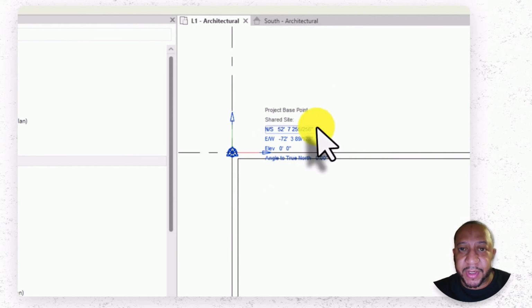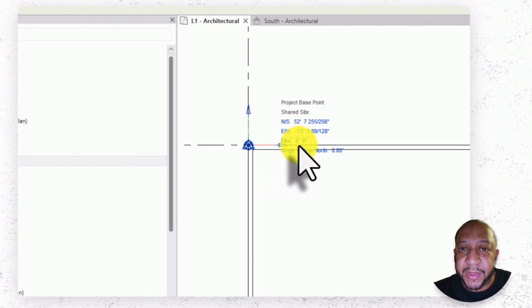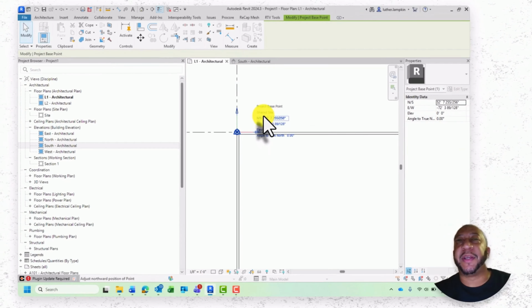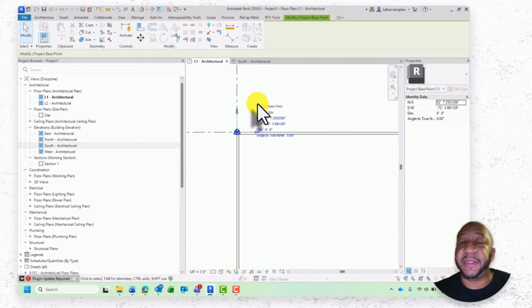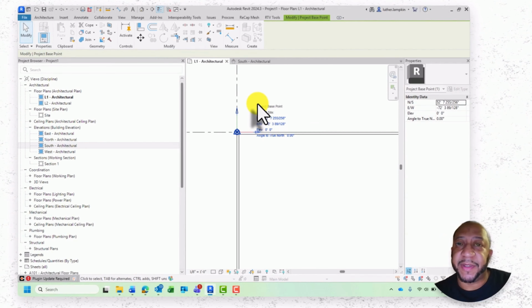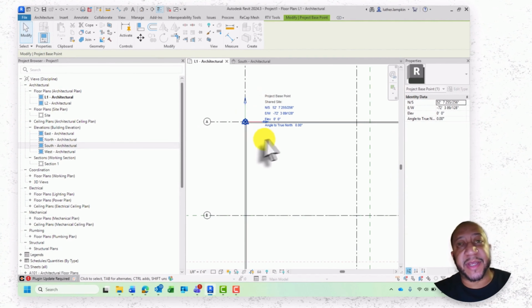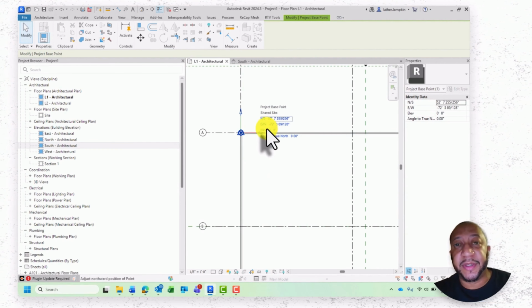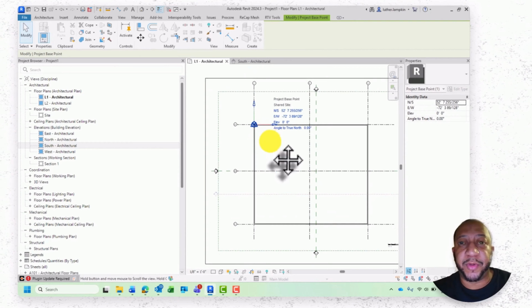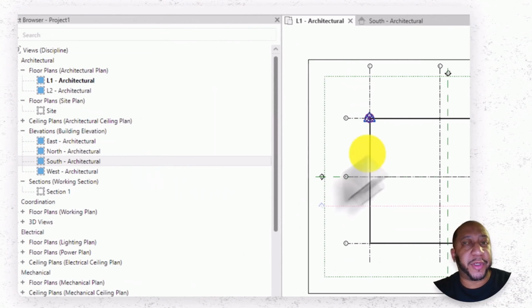Same information, all right? And the only thing that we got to make sure is from an elevation perspective, we want to make sure that that elevation is always going to be based off of the slab edge of 00, all right? Sometimes architects put this at 100 feet. So depending on your project, what we're going to do right now is